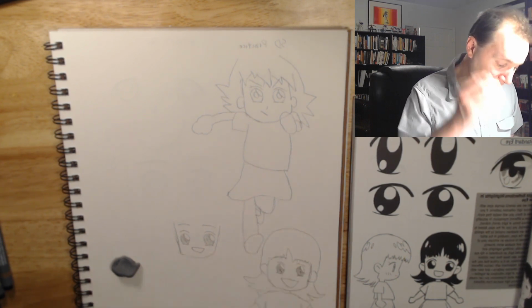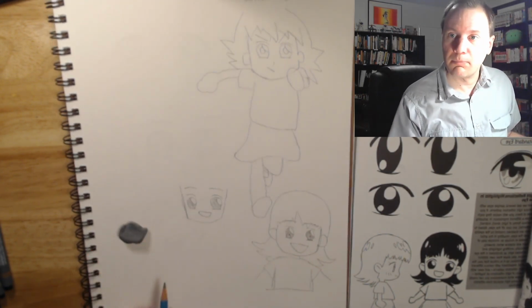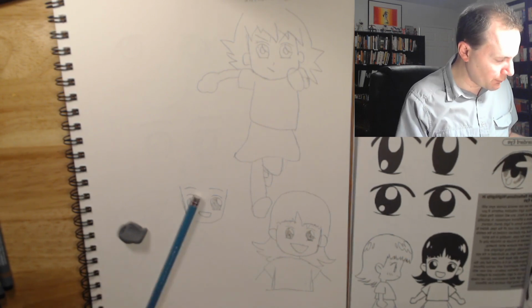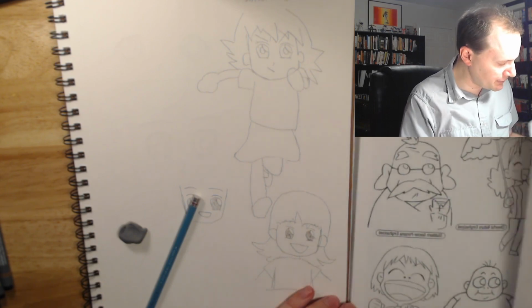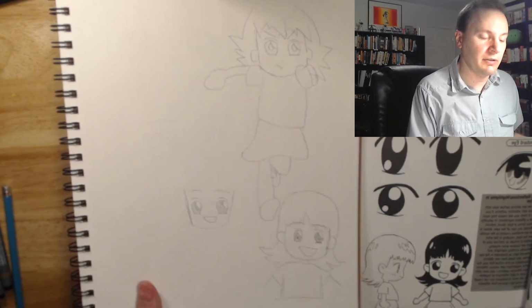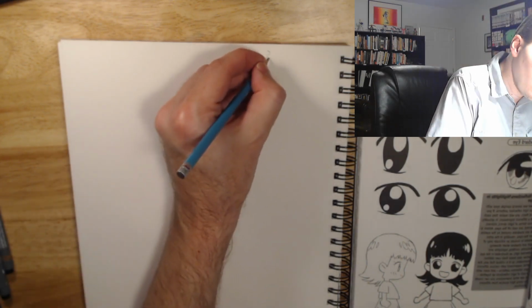Okay, that's less bad. Still kind of weird, but less bad. Getting a feel for it. What sort of eyes? But yeah, I got kind of distracted there with the head and the shape of the head. So let's move on to